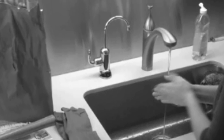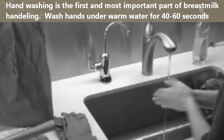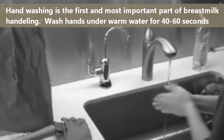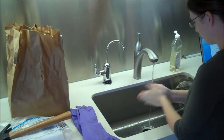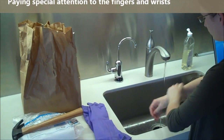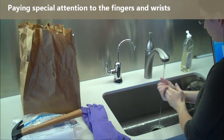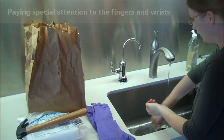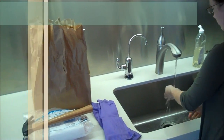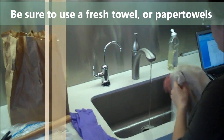The first and most important part in handling breast milk is the washing of the hands. Angie will be washing her hands under warm water for 40 to 60 seconds. And moving in super duper fast forward time, we can see that Angie is paying special attention to her fingers and her wrists. And no surprise here, when she's done washing her hands, she will dry them and then put